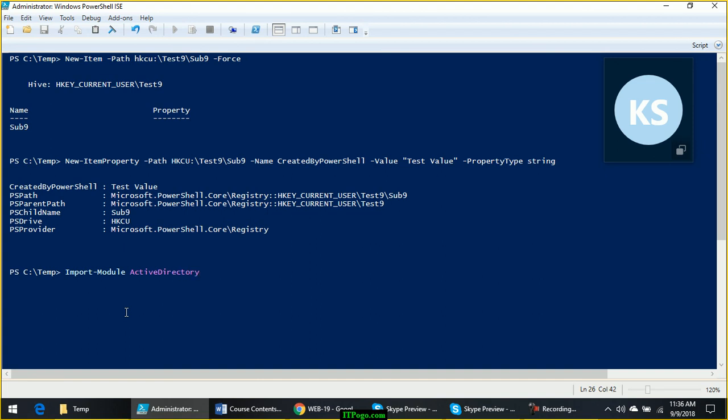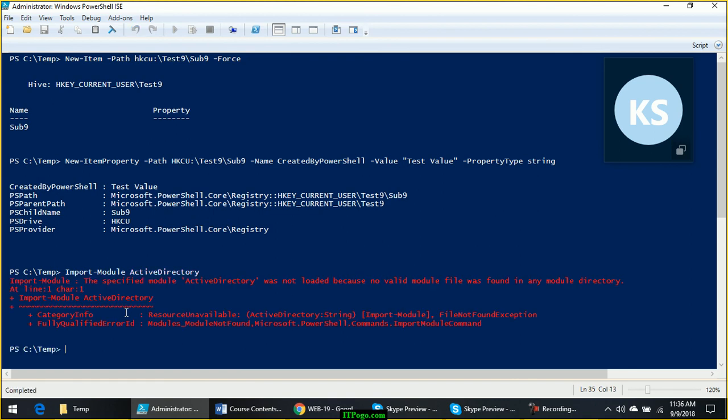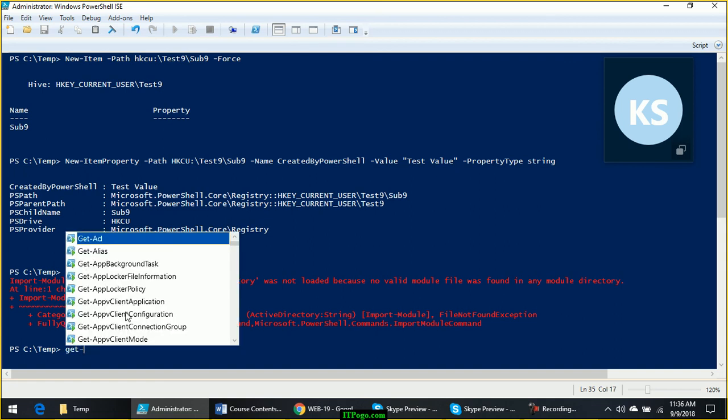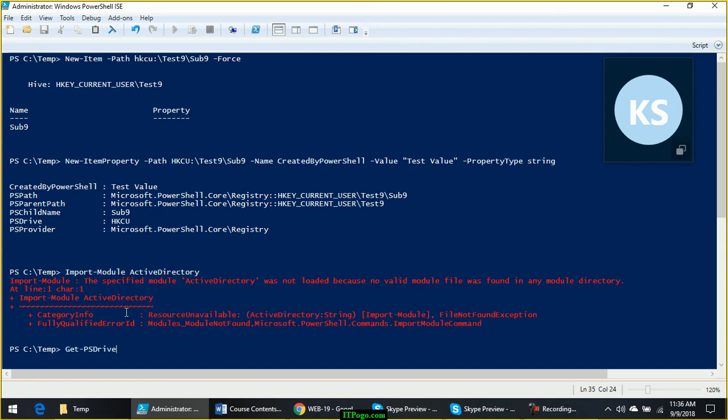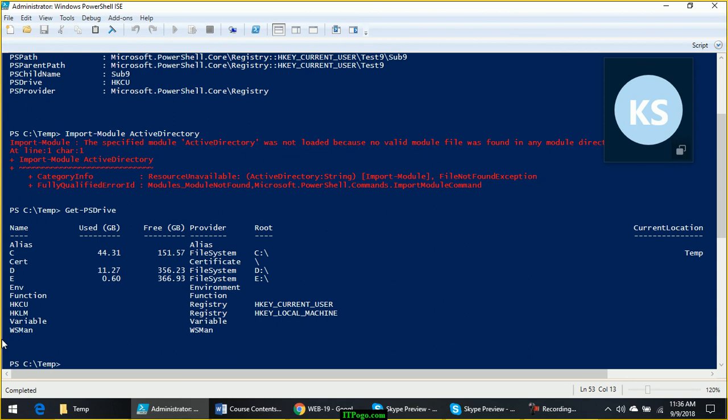On my computer this command is going to fail because this is not part of a domain, but for you this will work. Active Directory is not found. After that, when you run this command Get-PSDrive, you will be able to see AD: is also listed. You will see under the name, you will find AD is also there.